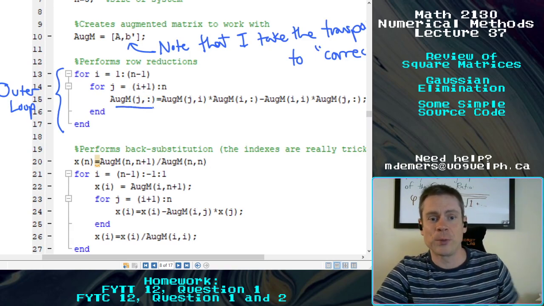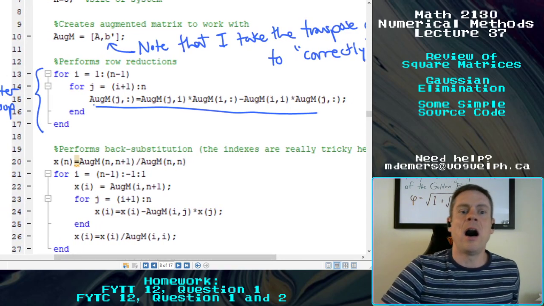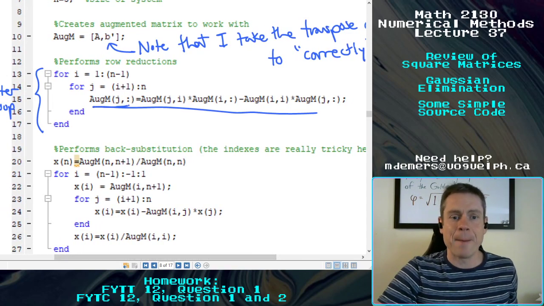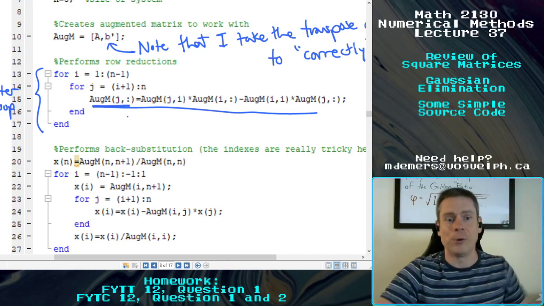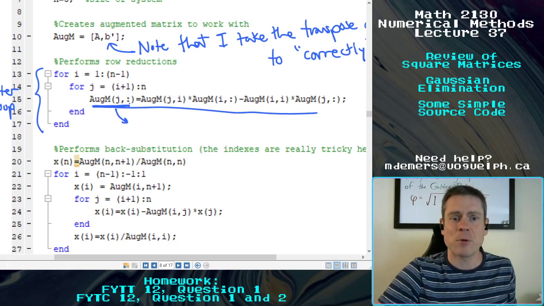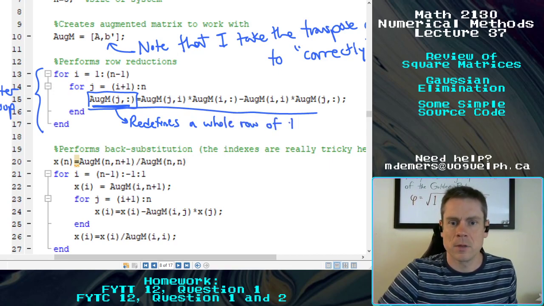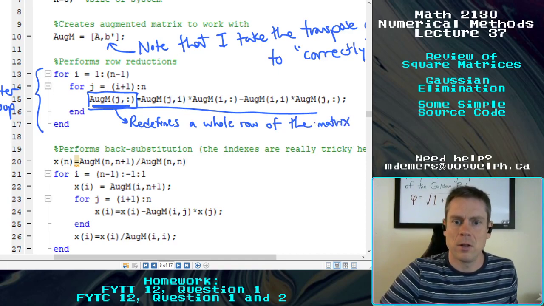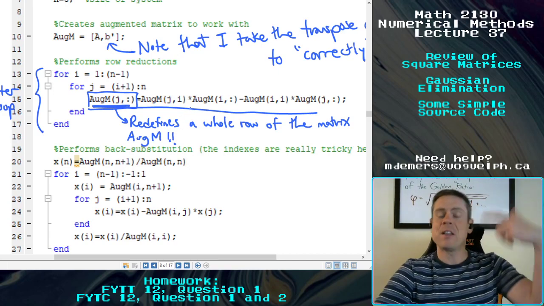This here looks really, really ugly, but I want you to check out what this does. I'm replacing aug-m, j, and colon. As we talked about, that colon is going to take the whole row. So this here, I'm replacing a whole row of the matrix, and redefines that whole row of the matrix aug-m